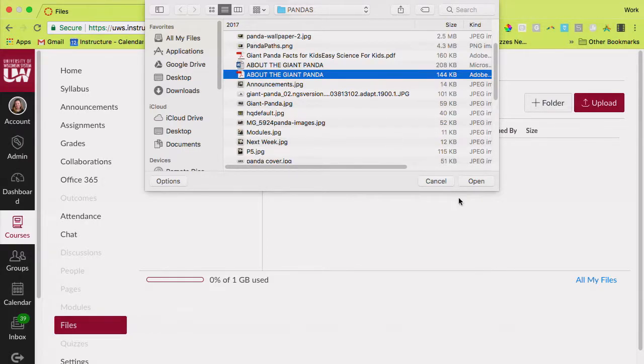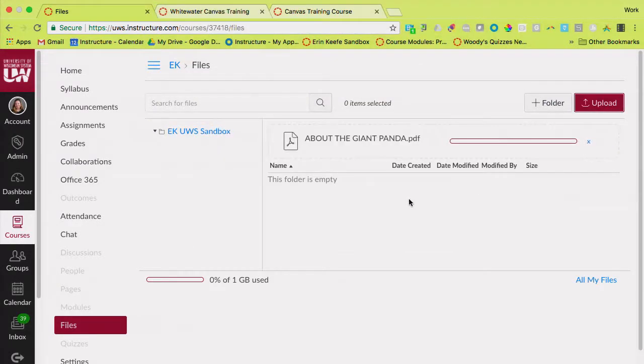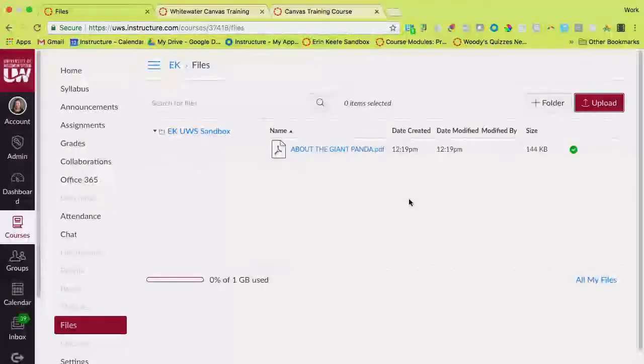And if you want to try this out, I'm just going to find something that I have on my computer, like a PDF. So it'll go ahead and upload that for me. Doesn't take very long. You can do multiple at a time, and then it'll just begin to show it to you. You can create whatever hierarchy you want with your folders over there. Won't break any links. And then those become a part of your course.